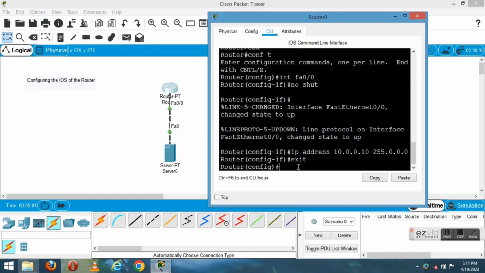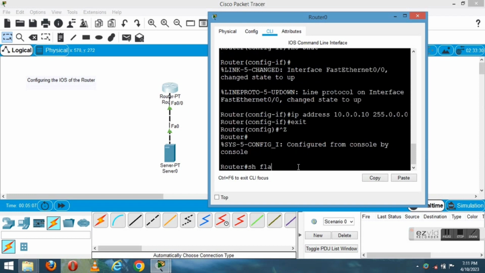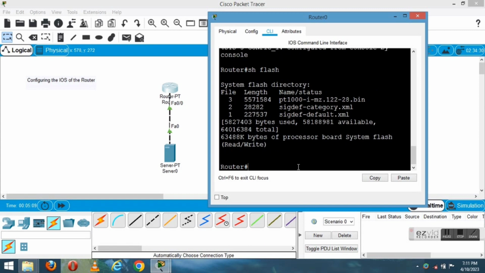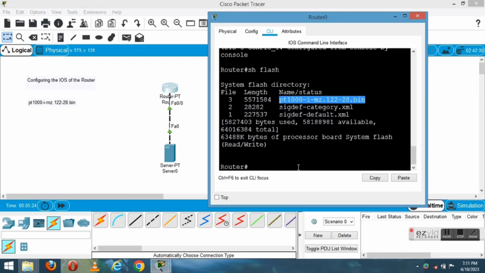Let us go to the flash. Let us first see in the privilege mode. Let us first see the flash. So flash, and here this is the operating system. We are going to copy, and then we are going to take a notepad here, and then Control V, we are pasting it here, and then escape, and then after that we are going to copy, that is copy flash